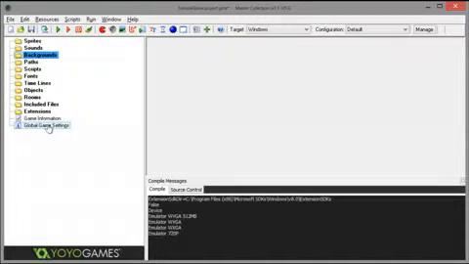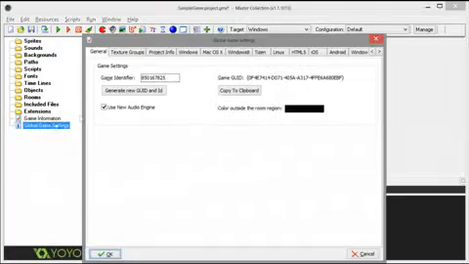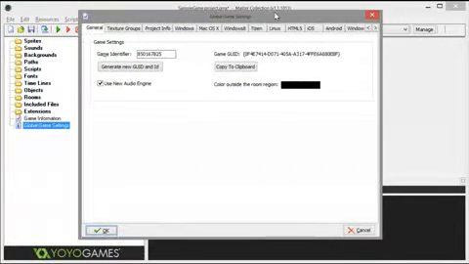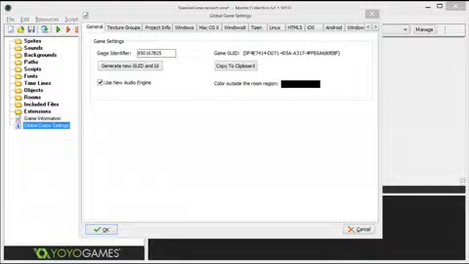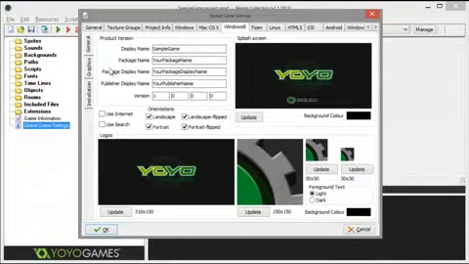Now, if I open up global game settings and move this up here just slightly. Once again, we're not going to look at every single item on every single tab. We're just going to hit on the important aspects of this, things you need to know while you're developing your game. So if we click on the Windows 8 tab,